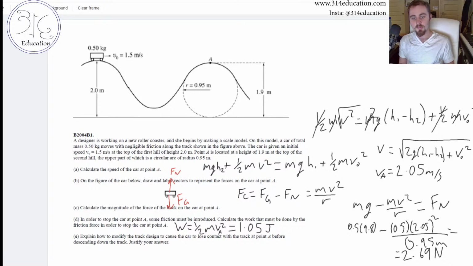Now E asks, explain how to modify the track design to cause the car to lose contact with the track at point A before descending down the track. So for this to lose contact, that means our Fn has to go to 0, meaning we have to be coming in at a faster velocity. Fn goes to 0, so we have to raise, I mean, we could actually do the numbers for this. I don't think they want us to do the actual calculation, since this is just to explain, but what we could do is raise the initial height,